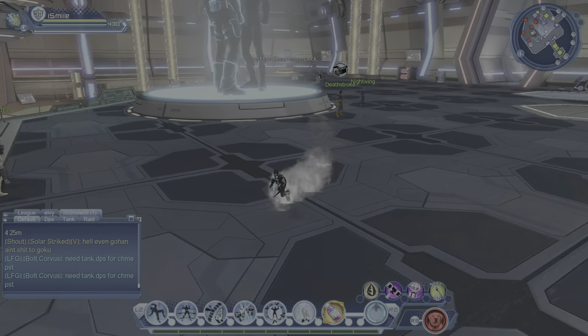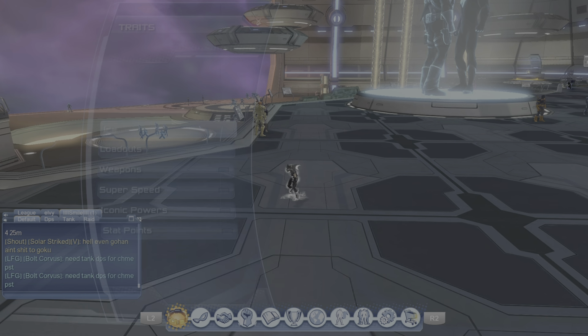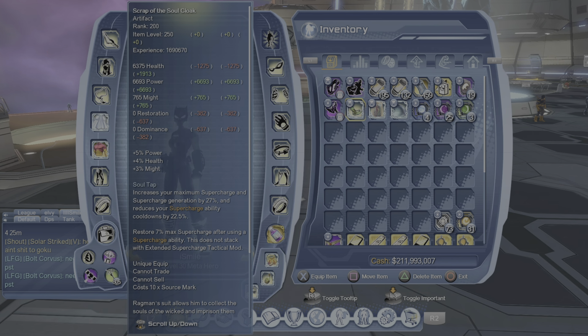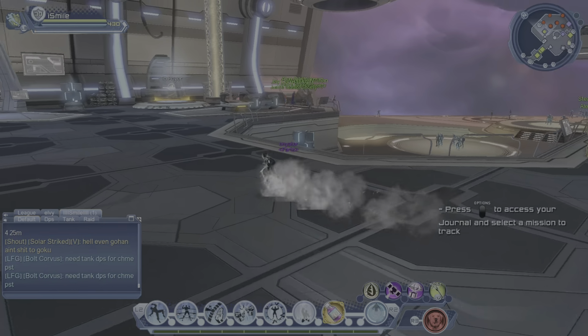Okay, so let me show you now when I talked about Mystic Symbol of the Seven and Scrap of Soul Cloak. Okay, so basically,